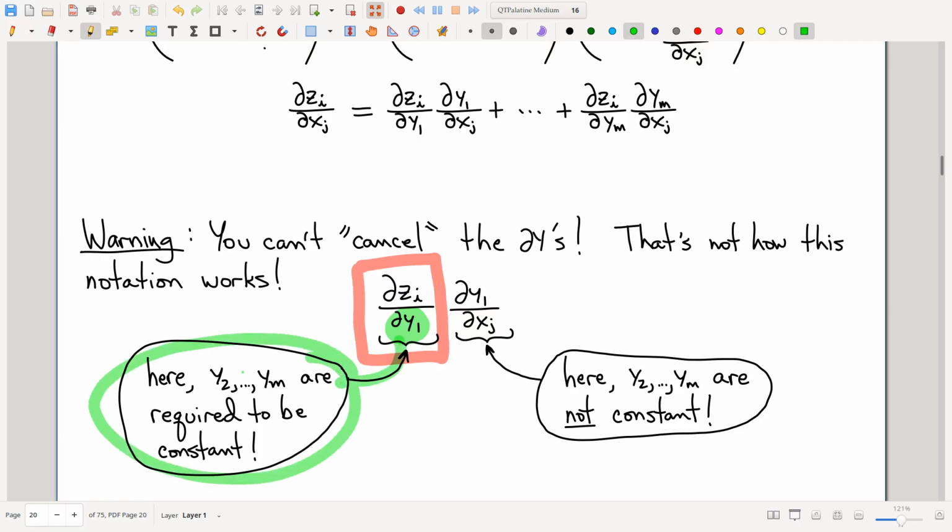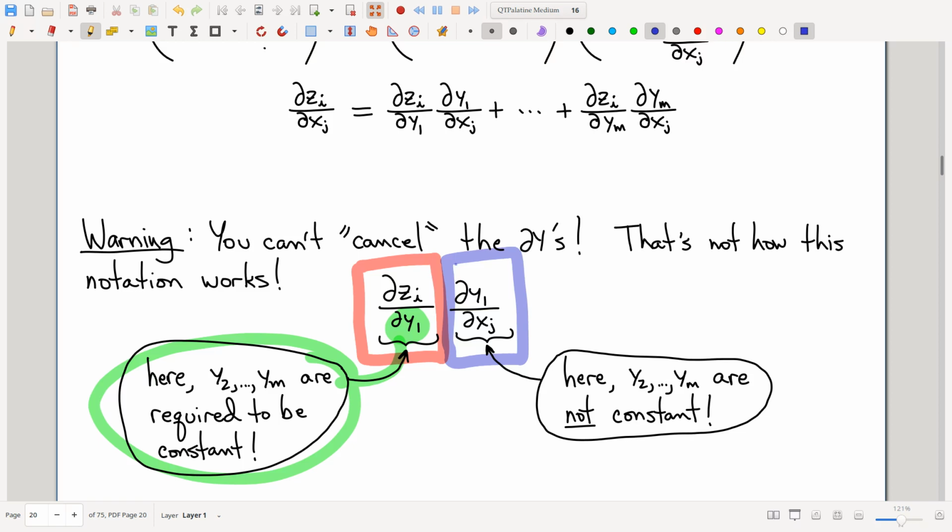All those other y's are not allowed to change. Now let's look over here. This scenario, this story where I compute this partial derivative. What's going on in this story? In this story, there's a whole bunch of x variables, most of which are going to be constant, but then I'm going to allow myself to change xj. And then as xj changes,